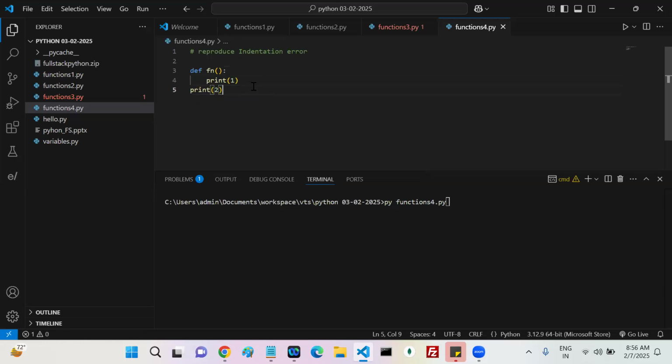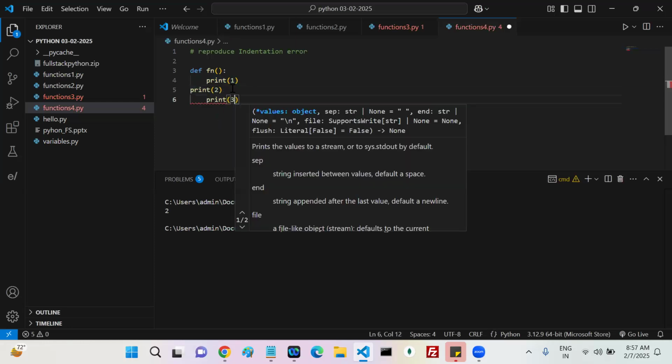Come on. How many statements are there in the body? One statement. Another one does not follow the indentation. It is not inside the block, so no problem. So the output is what? 2. Why? Because you did not call this function. This statement, as usual, is going to execute, so that is 2. Now, if you write one more statement like print 3,